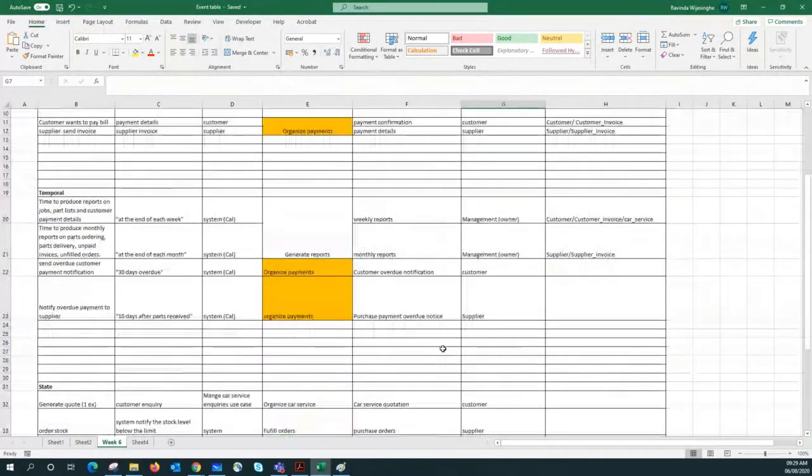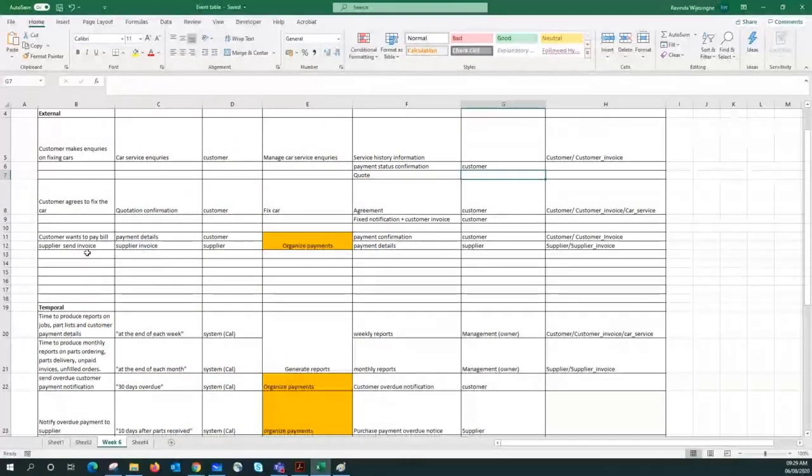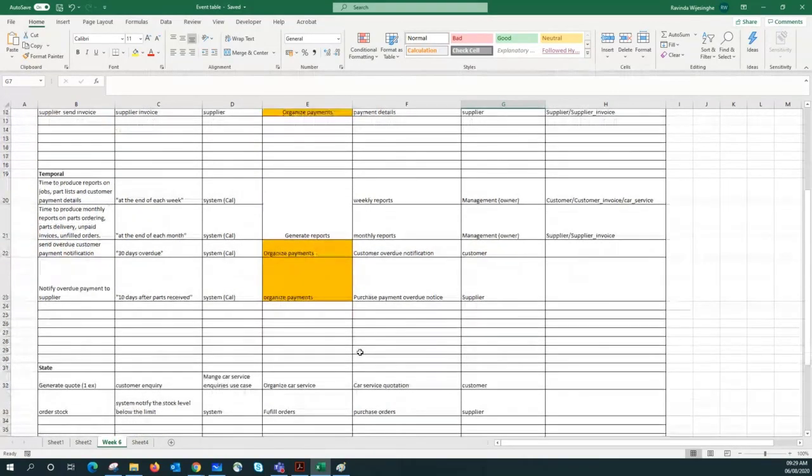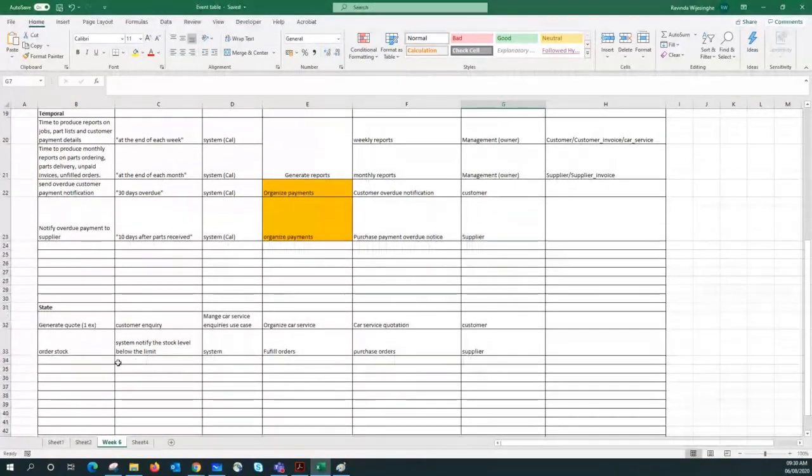So again, like what I did earlier, I need to go back and correct my event table, right? So let's go to the supplier side. Where is the supplier? Right here, right? So organize the payments. Sorry, I may have missed one. I missed these two, because you can see the stock orders are going to the